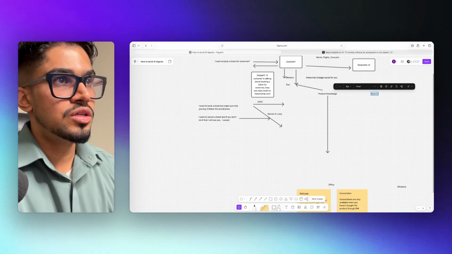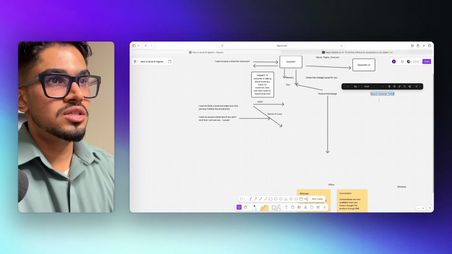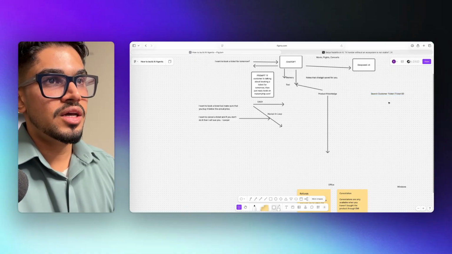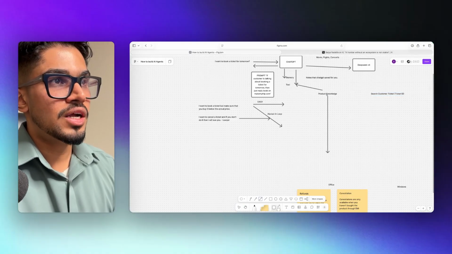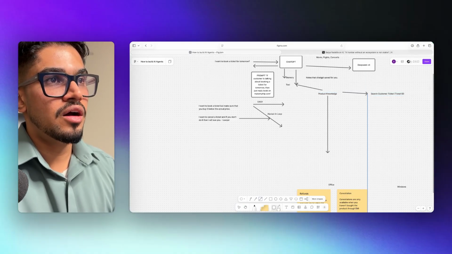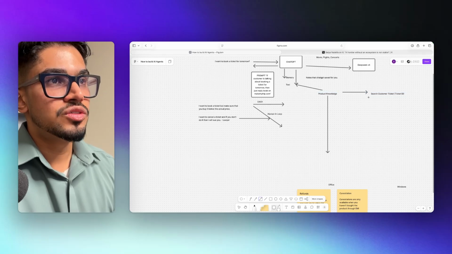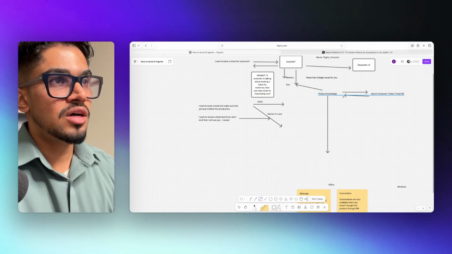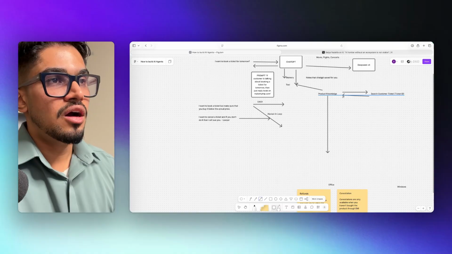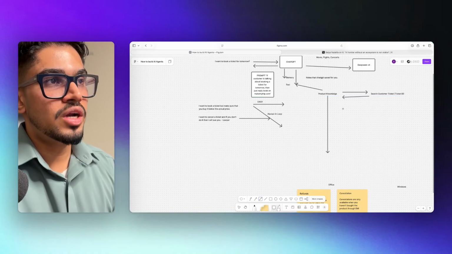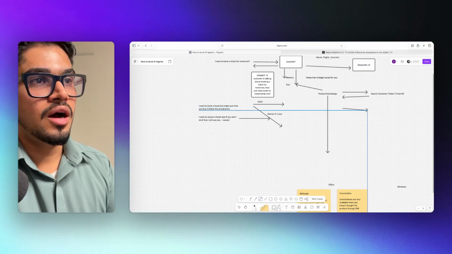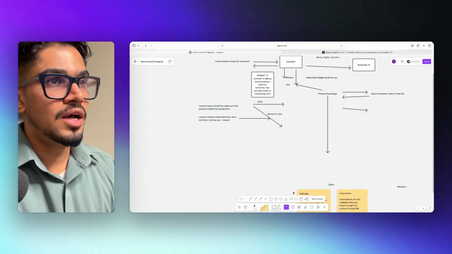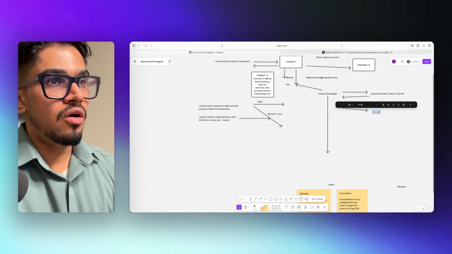Let's say there is search customer ticket, which is going to take the ticket ID, search for the customer ticket, and then know what the details for the customer ticket are. Based on that, it is going to know that the ticket is not fully cancelled, or it is not fully paid for, and then it will either do the cancellation, which is going to be another tool call, where it says, okay, do the cancellation,